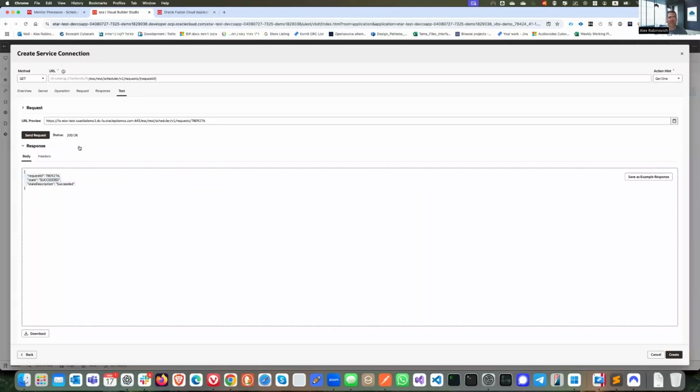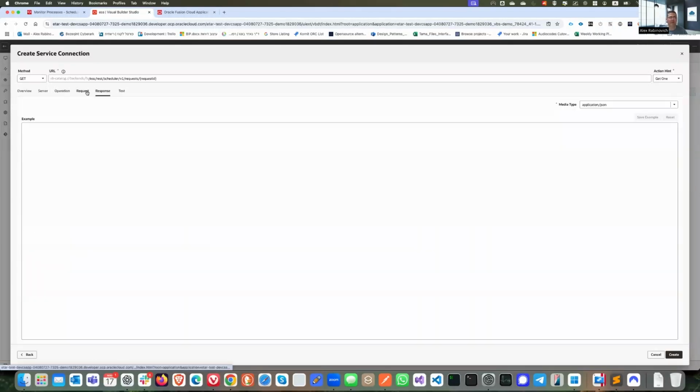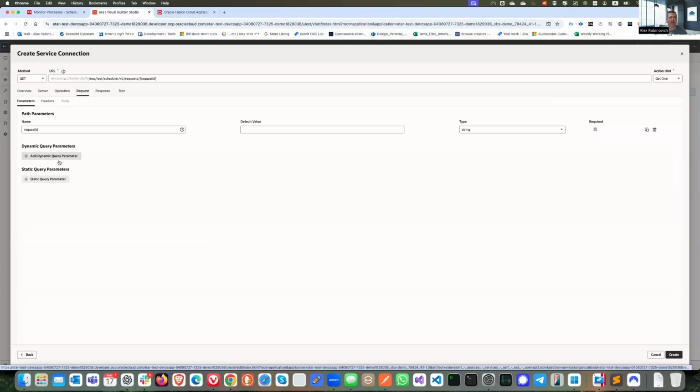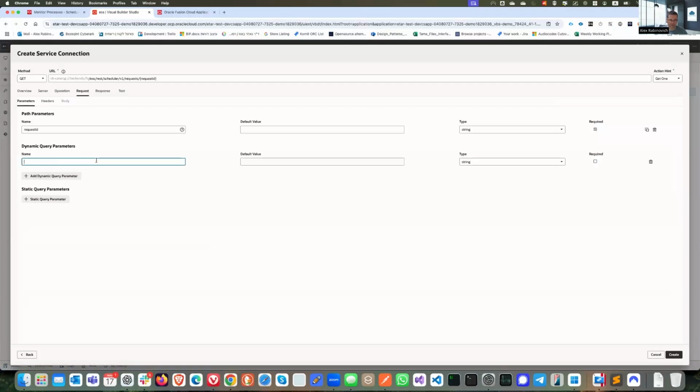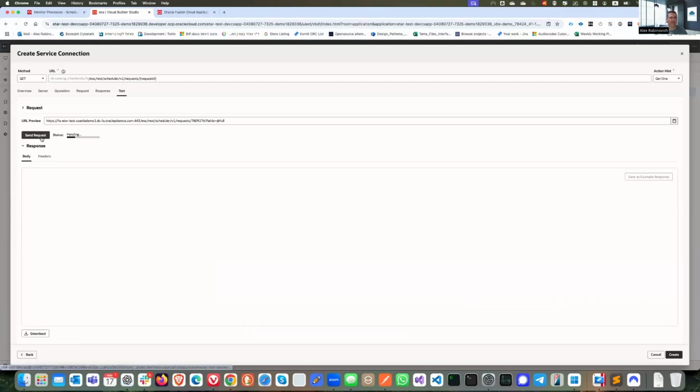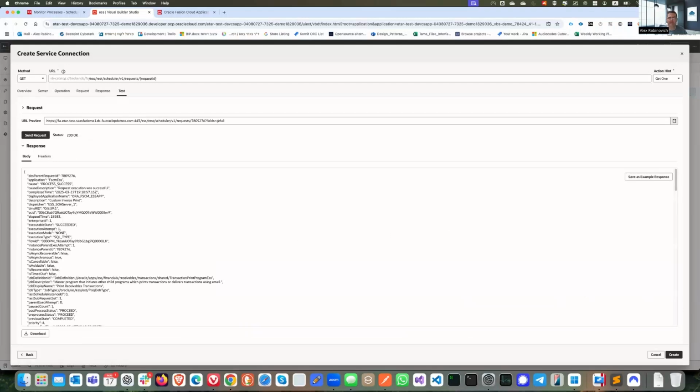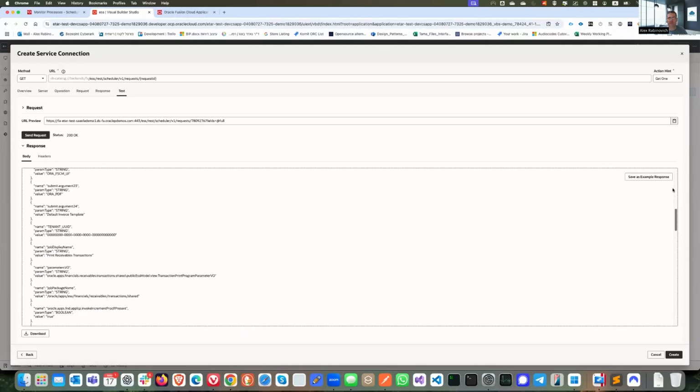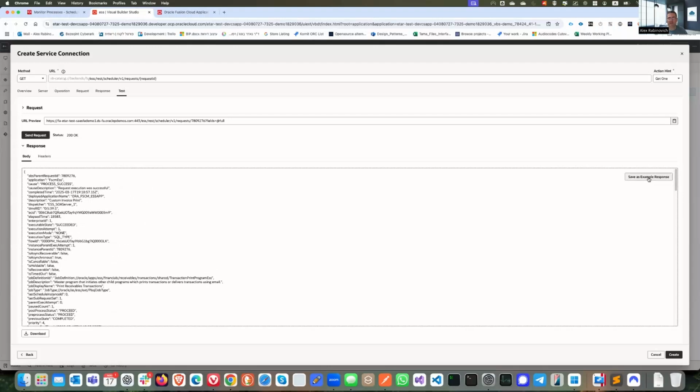If I want to get the full one, I should go to request, add dynamic query parameters, all fields, default value, full. And now if I go back to testing it again, I see my full response. So I'm doing select as example response. And now